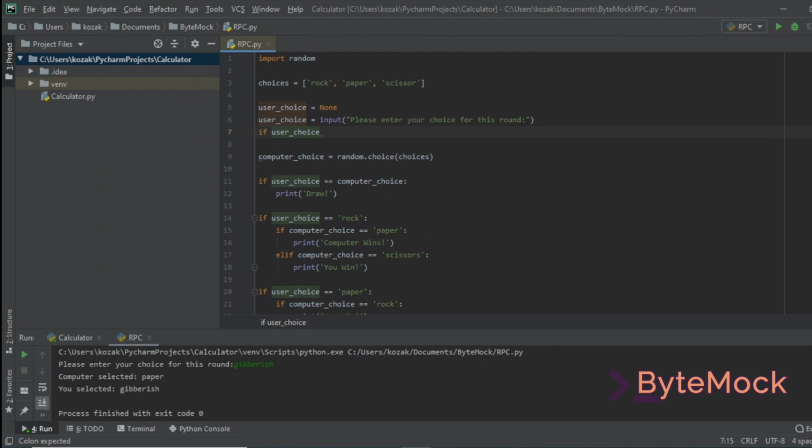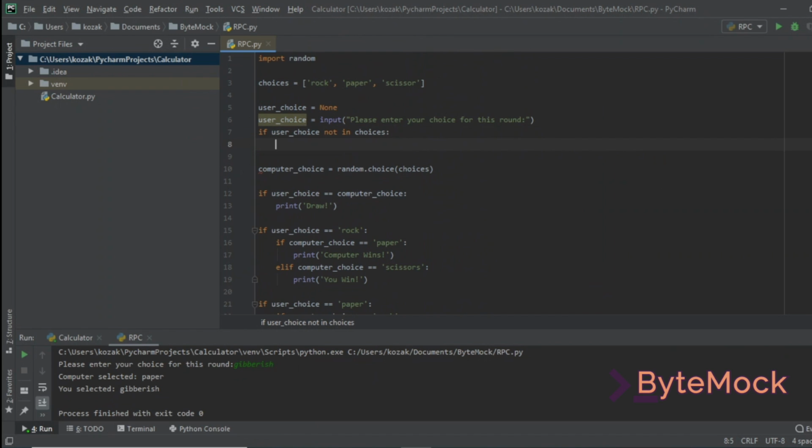And now I don't think we talked about this, but just based on the way I said it, right? So think that Python's really English-like. So user choice is not in choices. You can get rid of is and you just say not in, and that's pretty much it. Yeah. So that's why I was just trying to say it there, so you'd see that it's basically just English. Yeah. So if it's not in there, then you can just print,